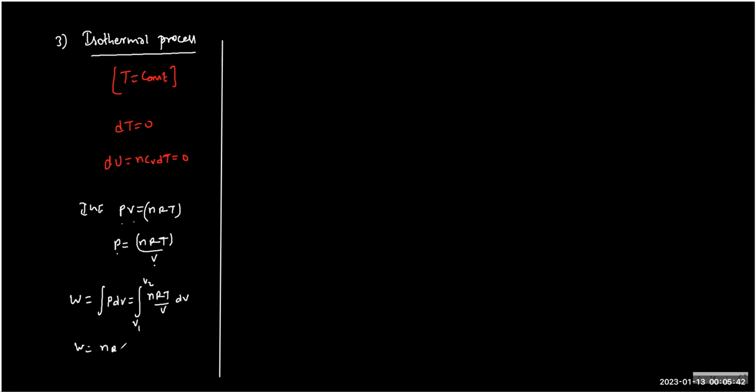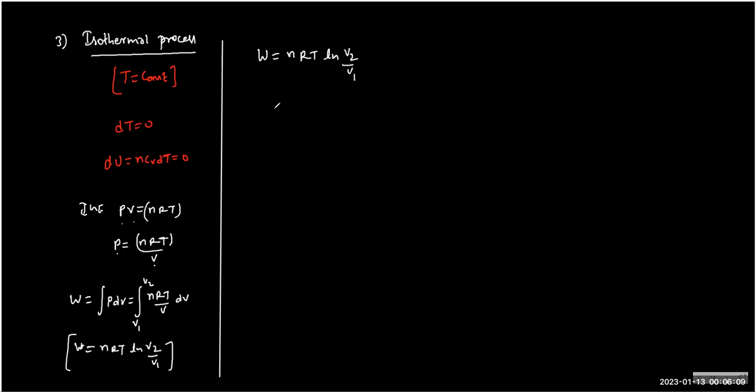nRT is constant, we can take it out. And dV by V becomes ln. Whenever you see the term ln in work, you can directly say it must be an isothermal process. And the answer is well defined. W equals nRT ln